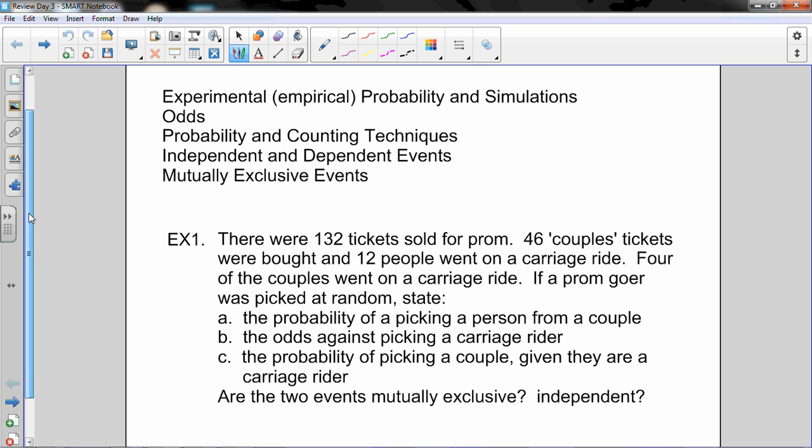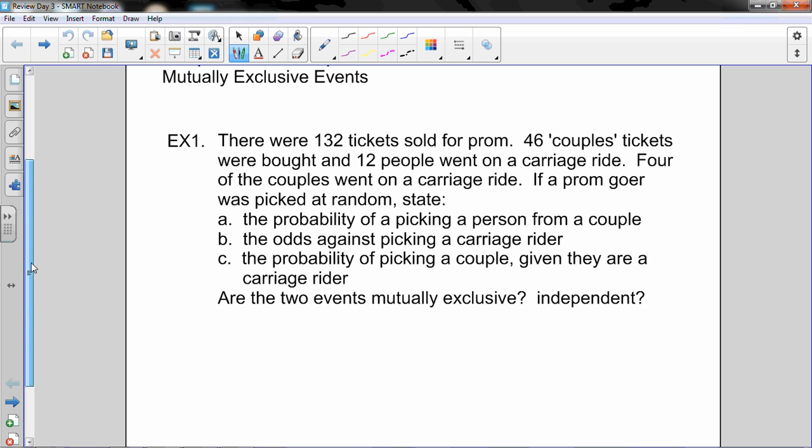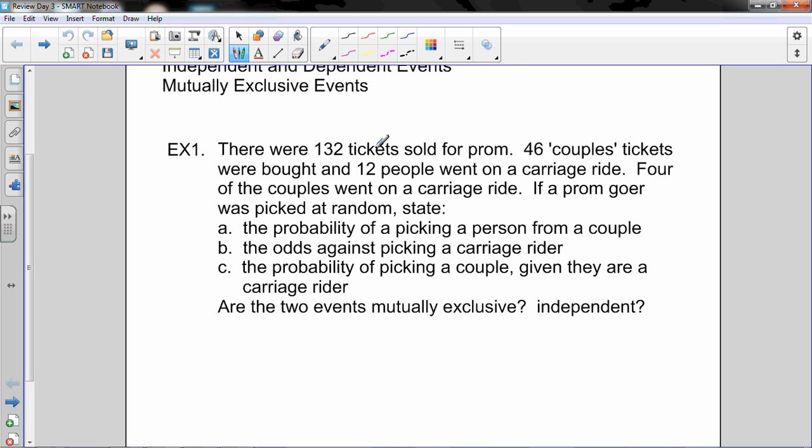The first example, a typical introductory probability example. We've got a case, there's 132 tickets sold, 46 couples tickets. Notice right away you think that's 92 people, right? Were bought, and 12 people went on a carriage ride. 4 of the couples went on a carriage ride. If a prom goer was picked at random, state the probability of picking a person from a couple. So if A is people are from a couple,